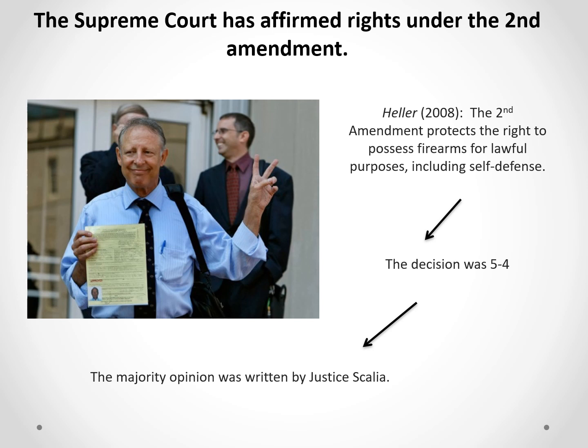I think one thing that we should know about the founders is when they talked about the right to bear firearms, they weren't only talking about hunting, shooting sports. They weren't even talking about self-defense only. They were talking about the ability to defend your freedoms. This is from Federalist Essay 29. Hamilton says, the federal government can never be formidable to the liberties of the people while there is a large body of citizens, little if at all inferior to them in discipline and the use of arms, who stand ready to defend their own rights and those of their fellow citizens.